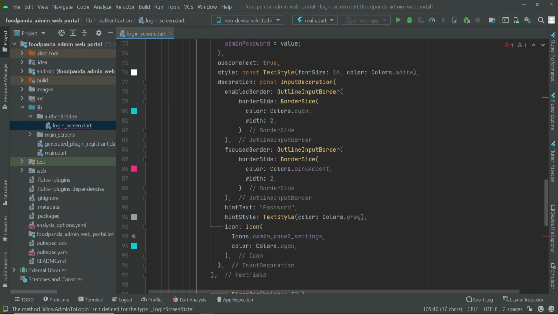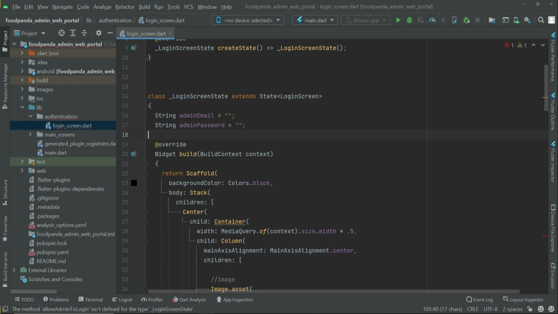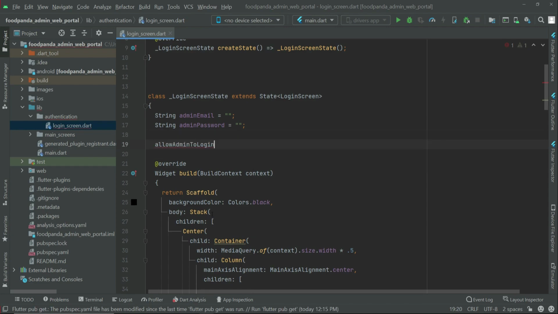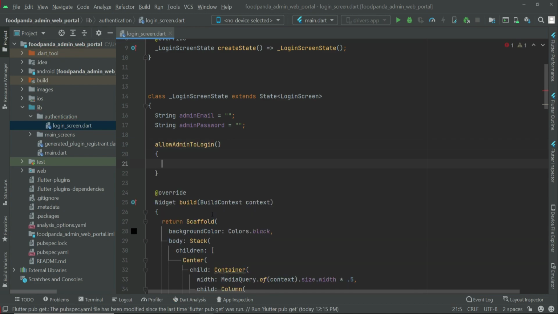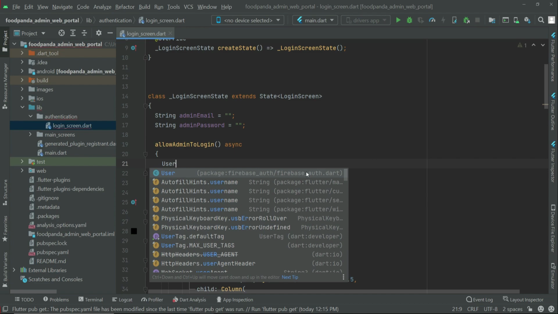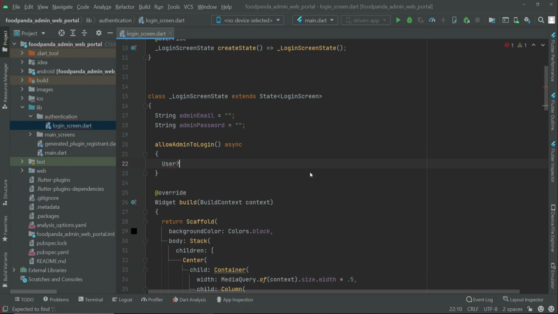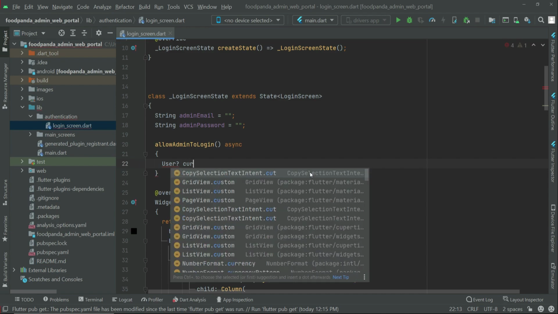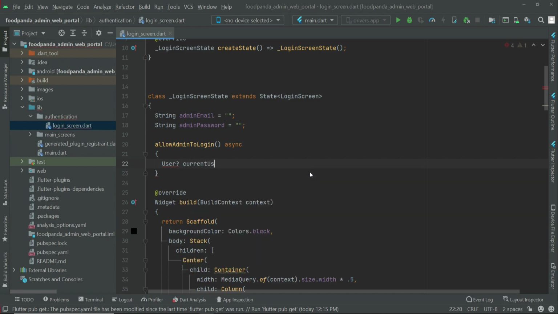Okay, copy this method name, and here above the widget build we can simply implement it. It will be asynchronous, so we can say async, and let's create an instance of user which is from the FirebaseAuth. Let's give it the name current user, that is the admin. The current user means that using the authentication, we want to authenticate the admin. We can give this instance any name we want, so we will give it the proper name, which is current admin,